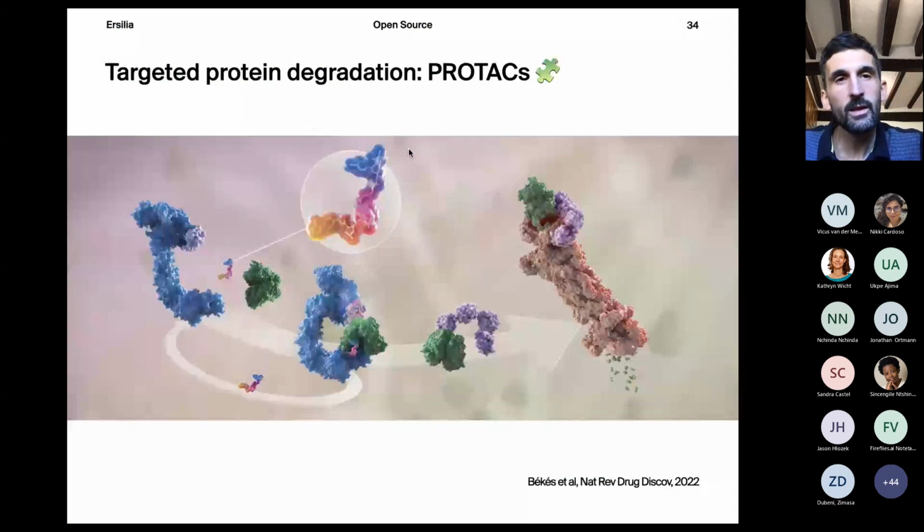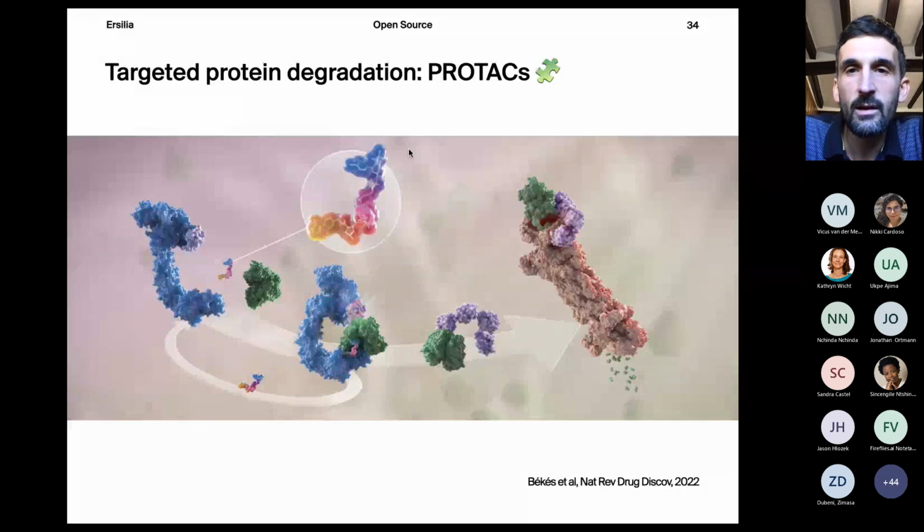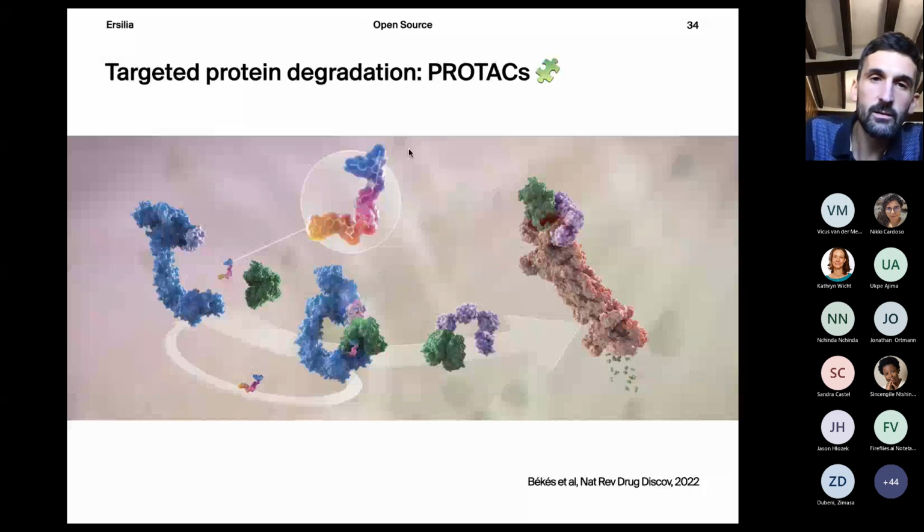Okay, let's switch gears a little bit. I want to talk about a favorite topic of mine, which is targeted protein degradation. I think the most famous and so far most successful family of compounds within this topic is PROTACs. I'm sure you have all heard about it. Let me just summarize a little what this concept is about. The concept of targeted protein degradation, we can call it a new paradigm for therapy, which is basically the idea of actually not inhibiting.